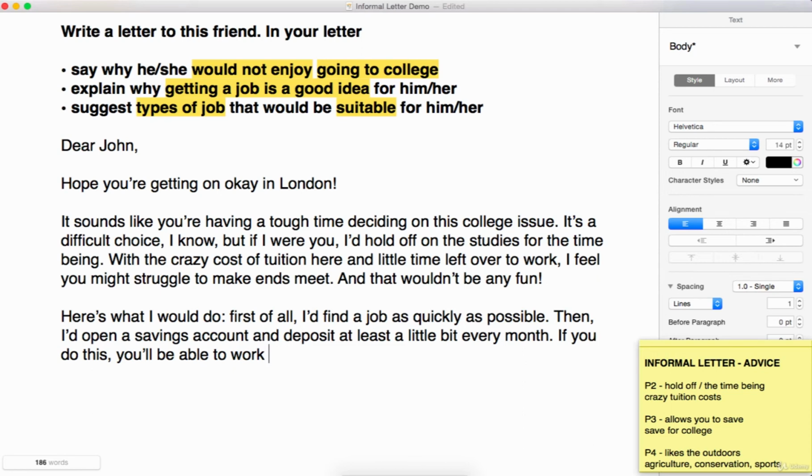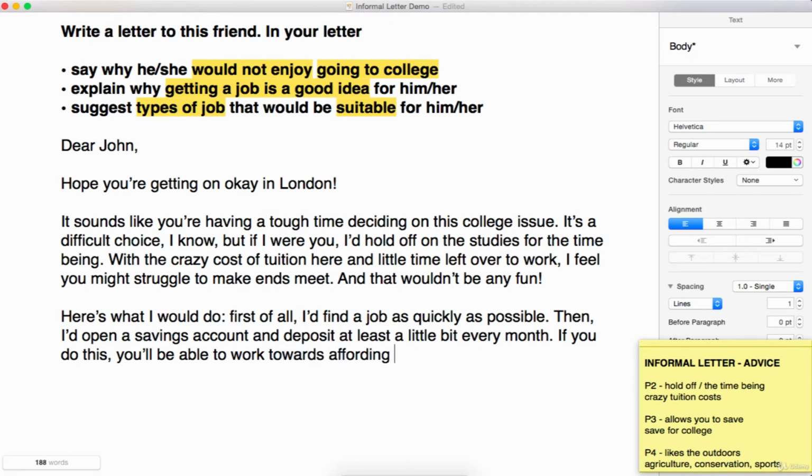Now we're moving from the second conditional to the first conditional here because we're trying to present the great opportunity that the other person has. So we want to emphasize that it's a real possibility. We want to emphasize this is a great thing that they can have. So we're going to divert from the earlier second conditional and a bit more caution that we put forward there to something that's great and we want to emphasize it's a good thing. So if you do this, you'll be able to work towards